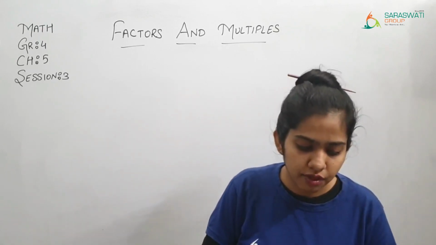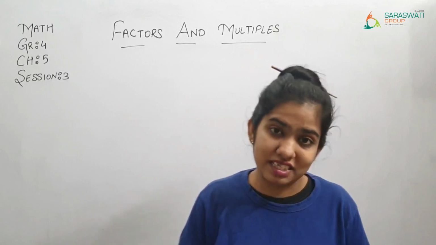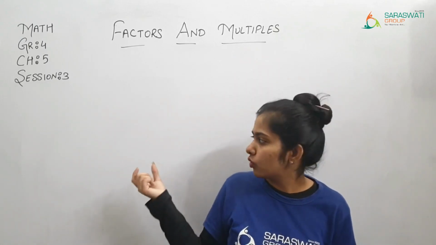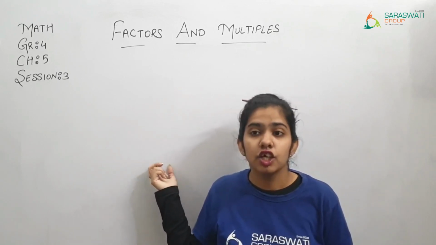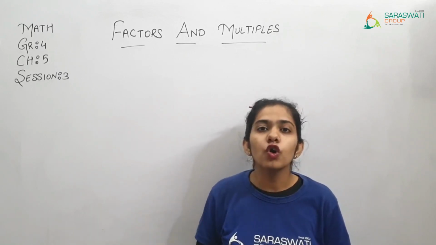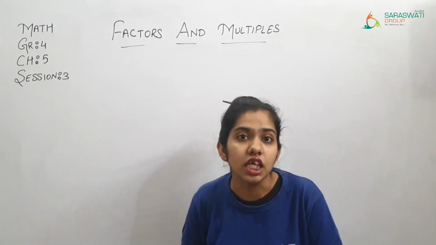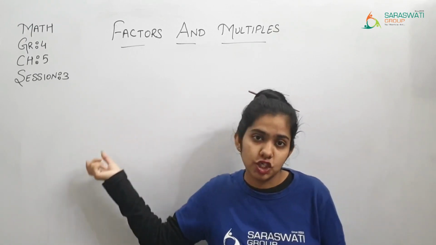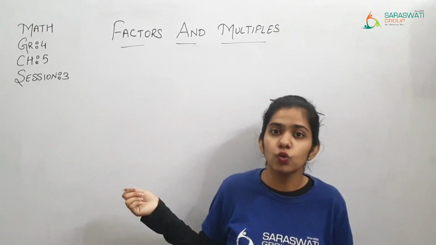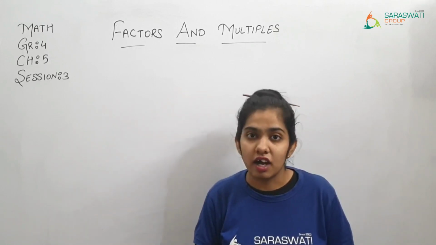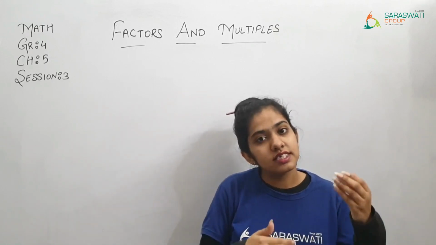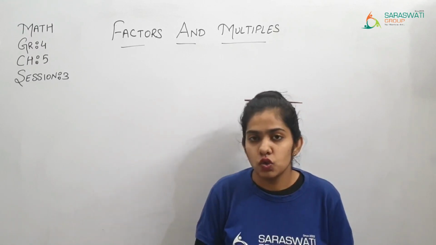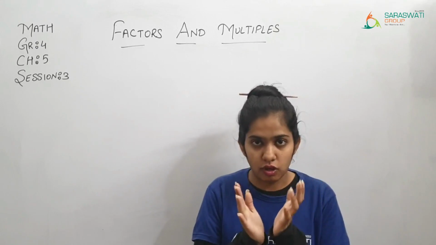Then afterward a number cannot have a multiple which is less than that number. કે કોઈ બી નંબર if આપણે 12 ના મલ્ટીપલ્સ ફાઇન્ડ કરીએ છીએ તો 12 થી નાના નંબર્સ હોય એ 12 ના મલ્ટીપલ્સ આવે નહીં. If હું કહું 6 ના મલ્ટીપલ્સ ફાઇન્ડ કરો તો 6 થી જે નાનો નંબર છે 3, 2, તો એ 6 ના મલ્ટીપલમાં આવે નહીં, because 6 થી લેસ ધેન જે નંબર હોય છે એ એમાં આવે નહીં. So these are the things which you need to keep in your mind.